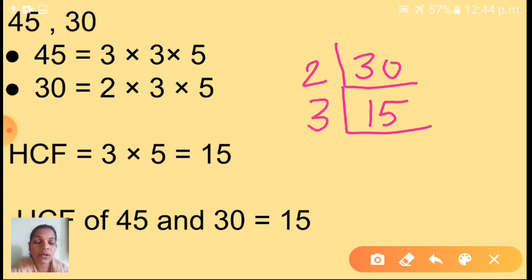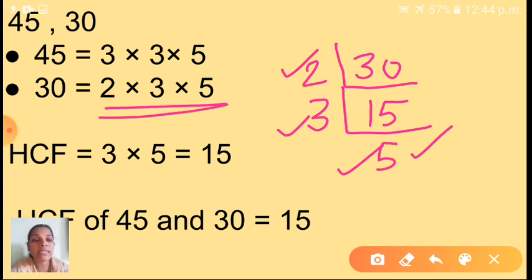Okay, can you say now how many 3s are 15? Very good, 5 3s are 15. So here, see here children, 5 is there. It is a prime number. So we will stop this finding process. Okay children, so these all numbers you have to write here: 2, 3, 5. That means 2 into 3 into 5. Children, you have to check. First you have to do this process with the help of the smallest prime number. Okay, and this final step also, the last number must be a prime number. That you have to mind.